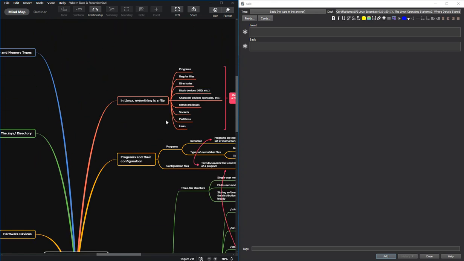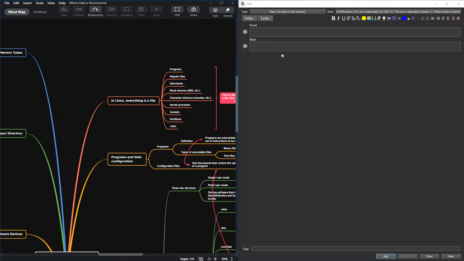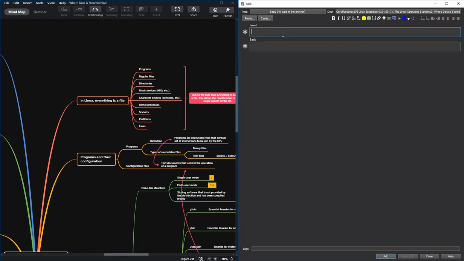So I'm just going to start here from the top, and the way I do it, I just type a question as best as possible, and try to keep it as simple as possible as well. Okay, so I'm just going to start typing. So I'm thinking, if in Linux everything is a file, let's give a few examples that will